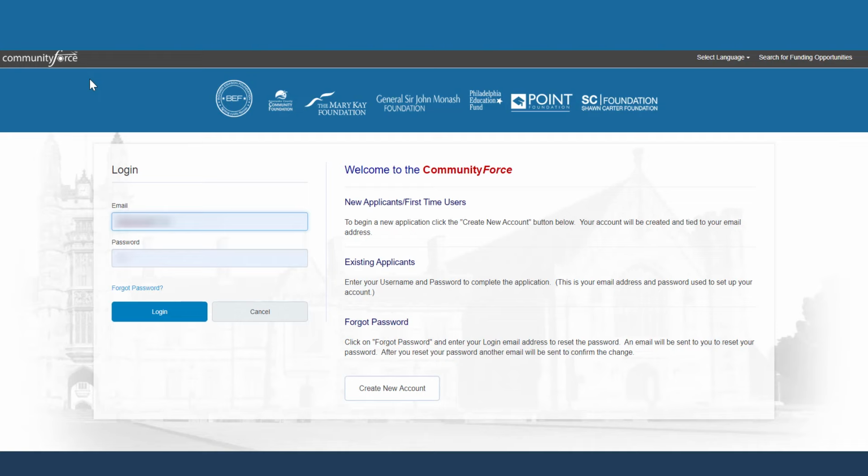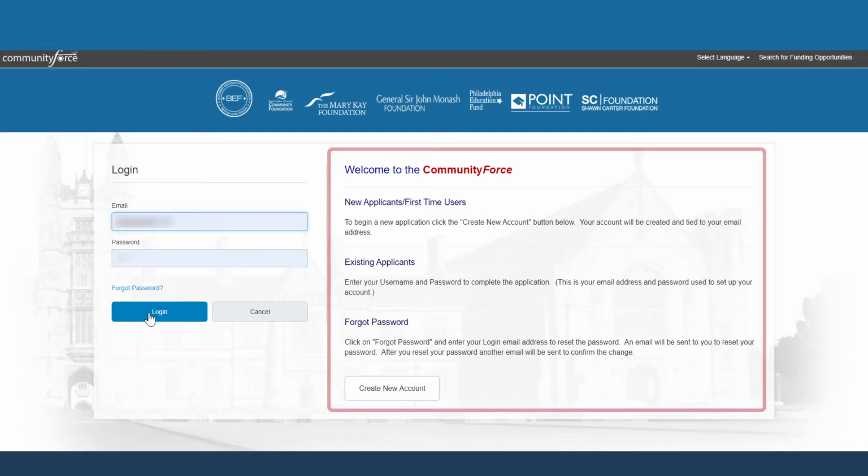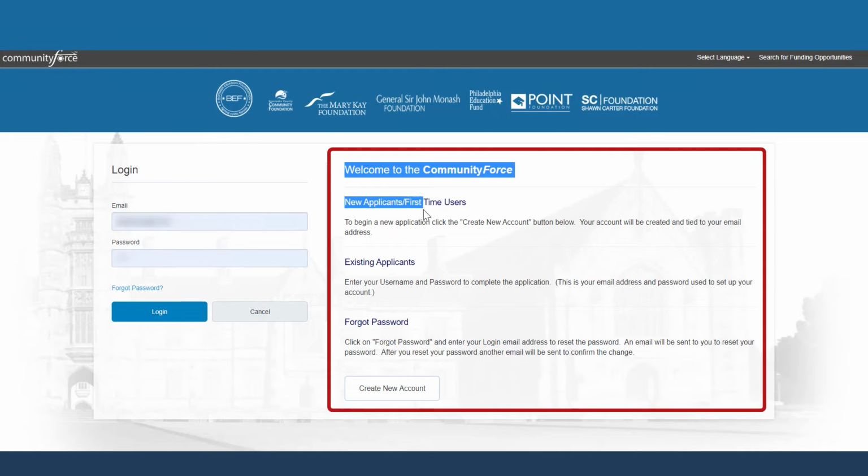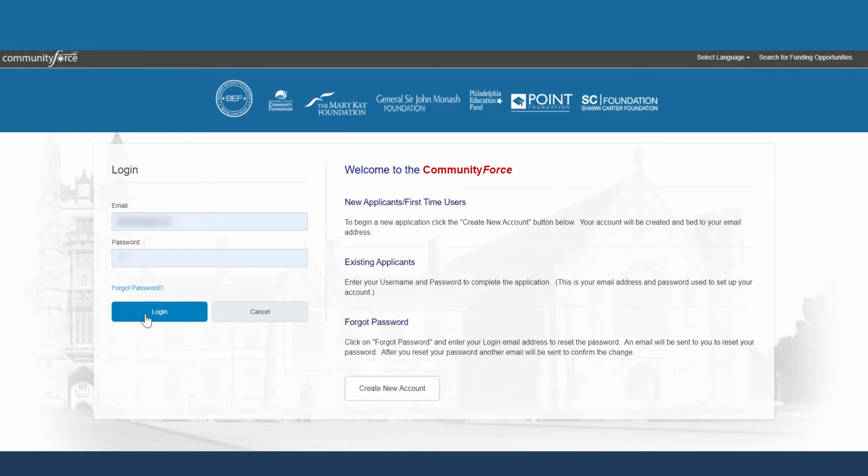This is a configurable site. What I mean by that is you can brand the site with your logo. You can add your logo in the top left-hand corner, as well as update and change the theme colors. You can also change the welcome message that you see here. So when I log in as the applicant,